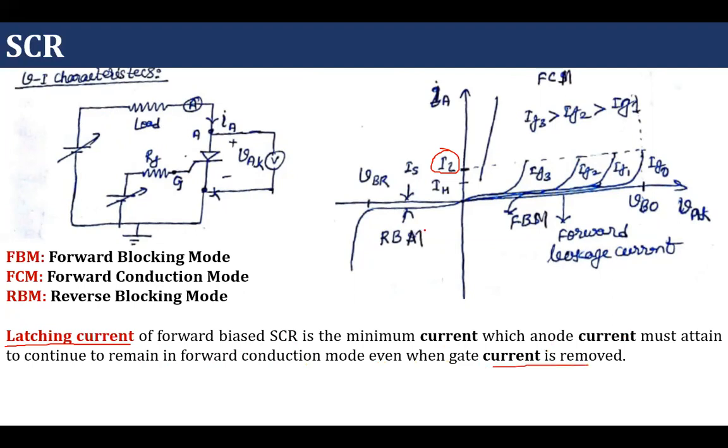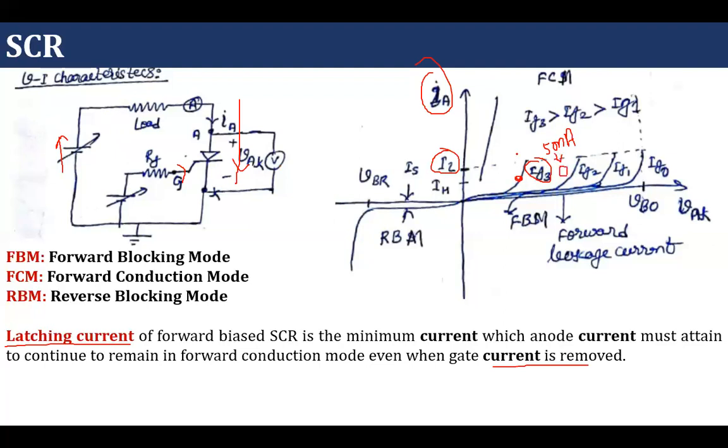Okay, what is the meaning of it? Suppose this current is increased at this point. This current is anode current, which is coming from here to here, and Ig we are giving from this terminal, which is fixed, which value is Ig3. Maybe it is 5 milliampere or 7 milliampere or 10 milliampere. So this current is increasing. Why is it increasing? Because we are increasing this voltage. And at this point, I'm removing this gate current. I'm making this gate current equal to 0.